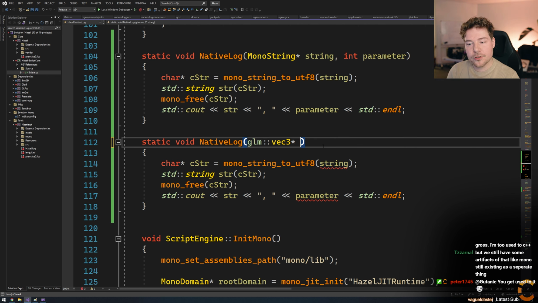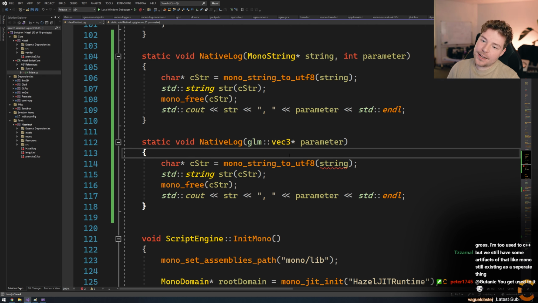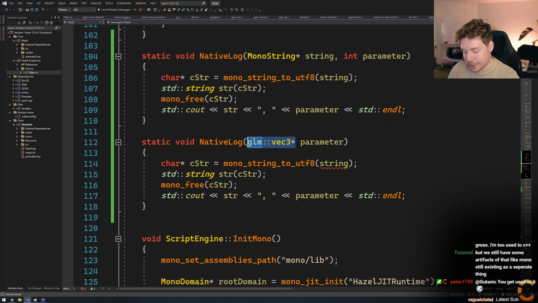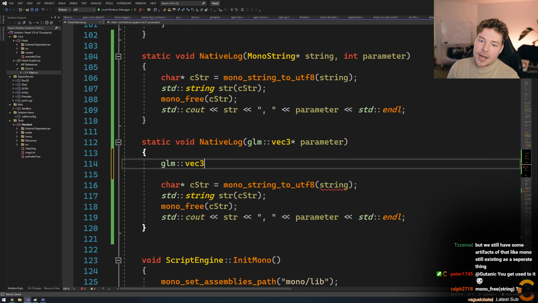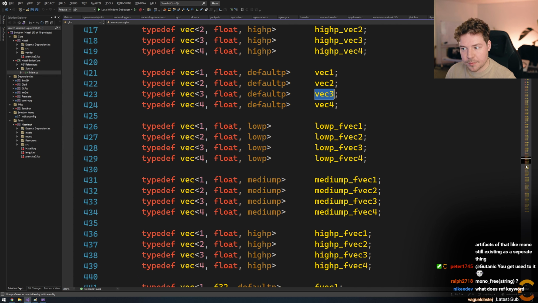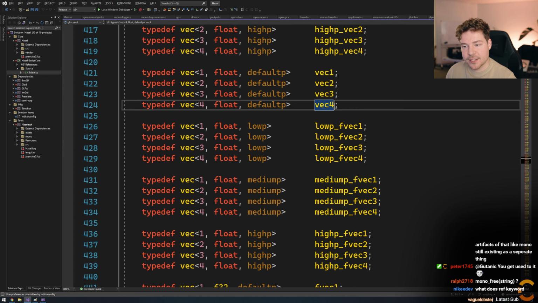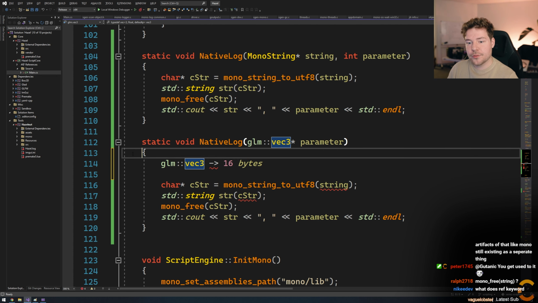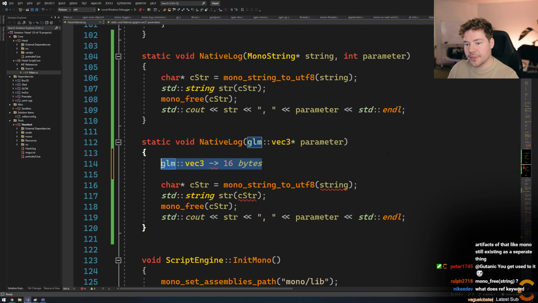And that's obviously not really called string. We'll call it parameter. Now the reason why I said asterisk is because, believe it or not, this is actually pretty believable. It's not that far out, but a vector3 in GLM might actually be 16 bytes. It depends. If you force SSE to be used and SIMD and all of that stuff, these types will be 16 bytes, and if you do a sizeof, you'll get 16. That's important to consider.